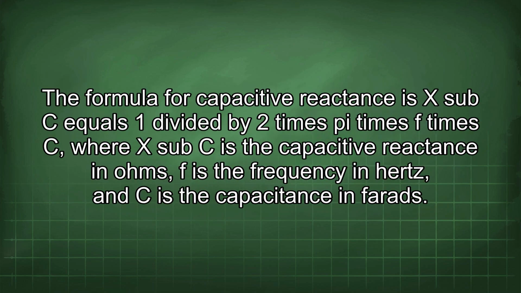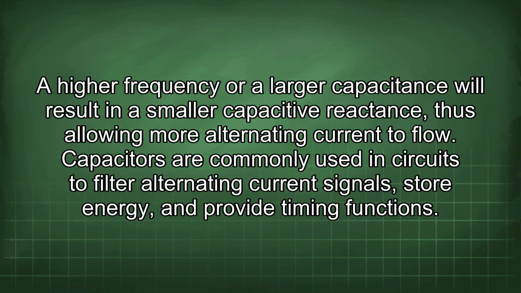The formula for capacitive reactance is X sub C equals 1 divided by 2 times pi times F times C, where X sub C is the capacitive reactance in ohms, F is the frequency in hertz, and C is the capacitance in farads. A higher frequency or a larger capacitance will result in a smaller capacitive reactance, thus allowing more alternating current to flow. Capacitors are commonly used in circuits to filter alternating current signals, store energy, and provide timing